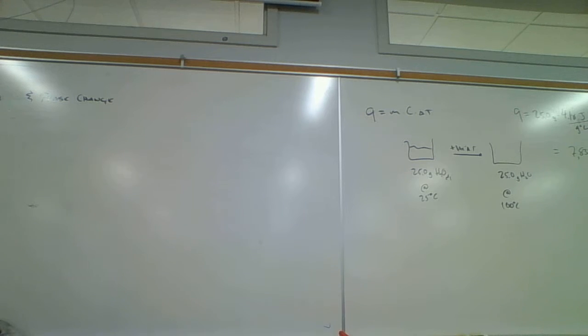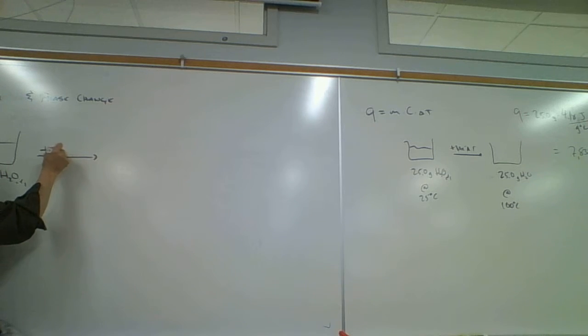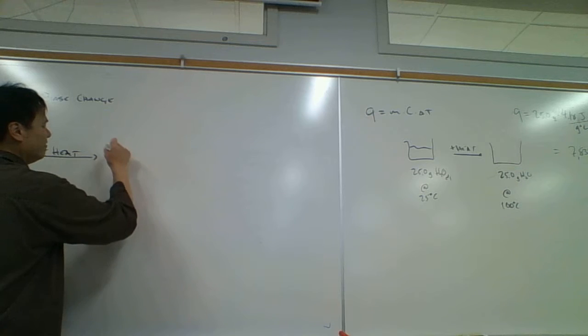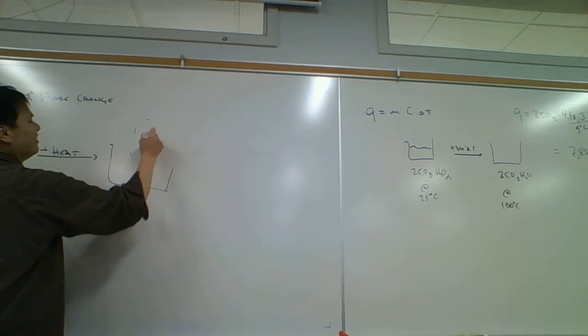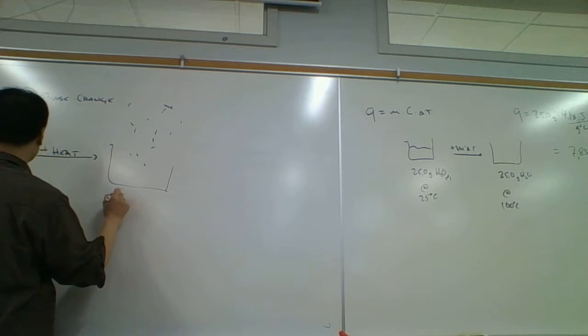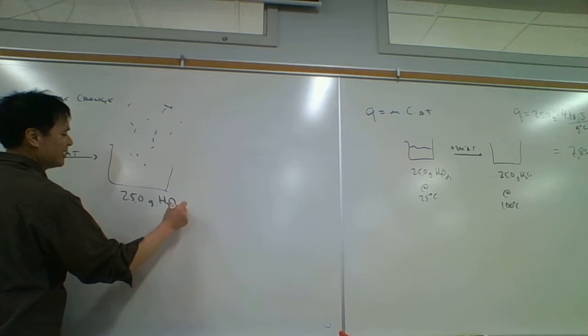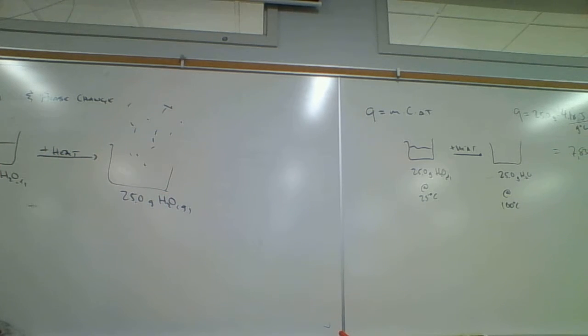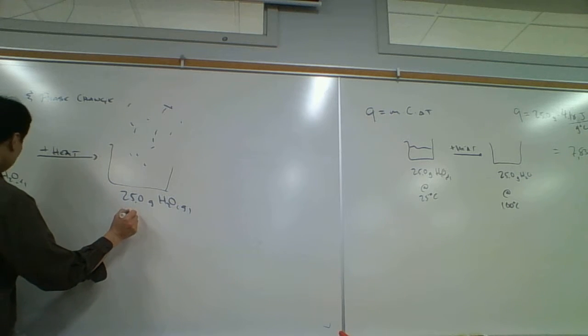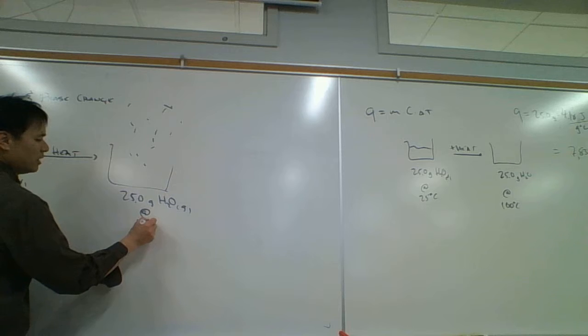So now all that heat, all that energy is going into vaporizing. It's going to go into boiling that water. And so here what's going to happen is I'm going to have 25.0 grams of H2O liquid at 100 degrees C. And then all that energy goes into vaporizing it into a gas. So I'm going to have 25.0 grams of H2O gas, steam. Now, interestingly, the steam is also going to be at 100 degrees C. And so the temperature didn't change.